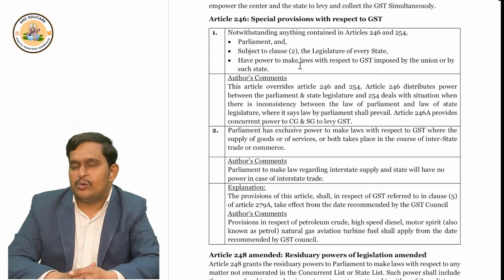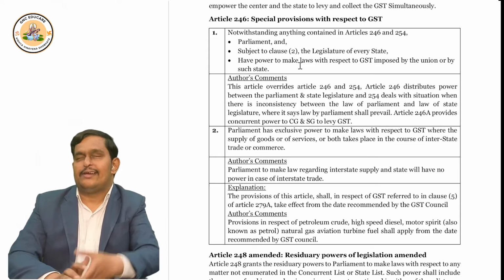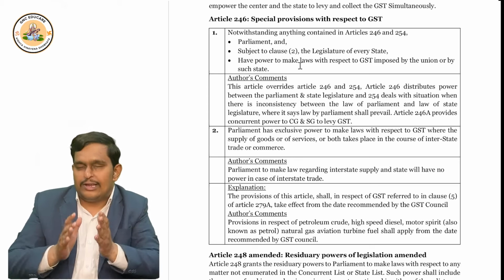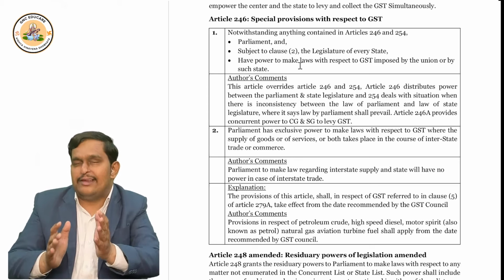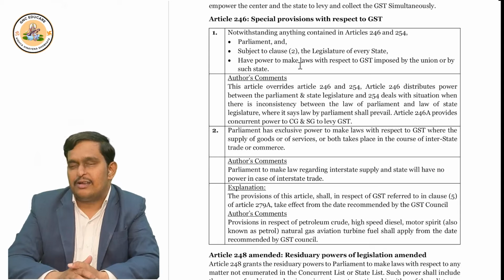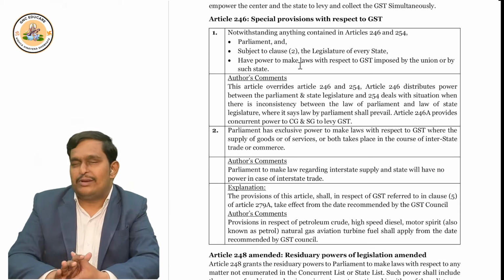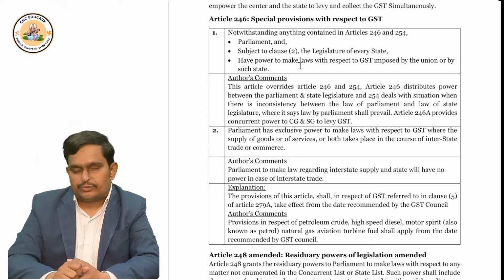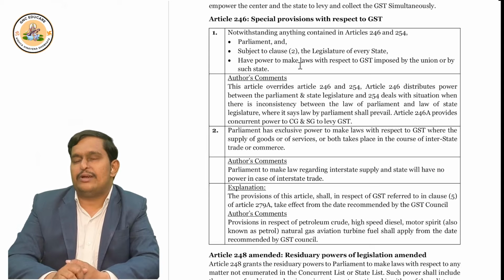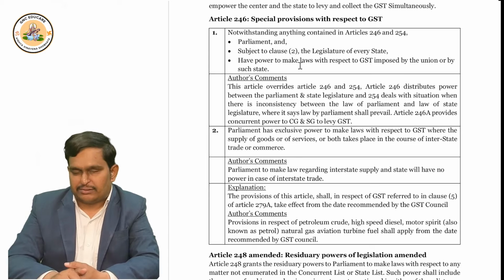So, Article 246A says central and state together can make the law, simultaneously can make the law. But if it is relating to a single state, no problem. But if it is multi-state, then that's why central government has the special power. Okay, clear to all of you? Right. Now,